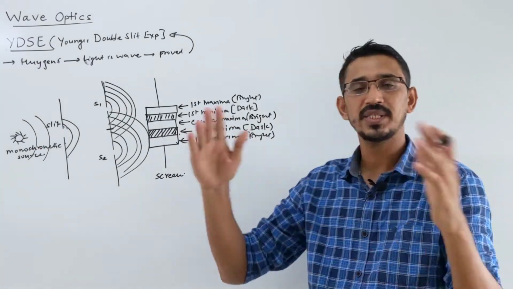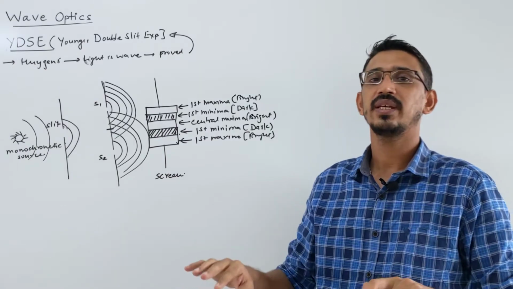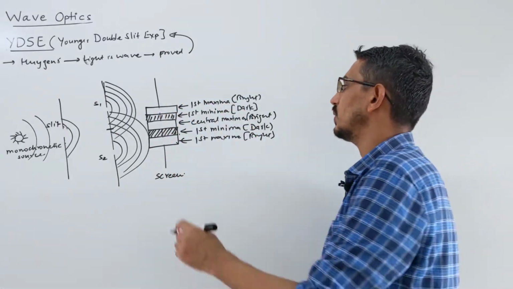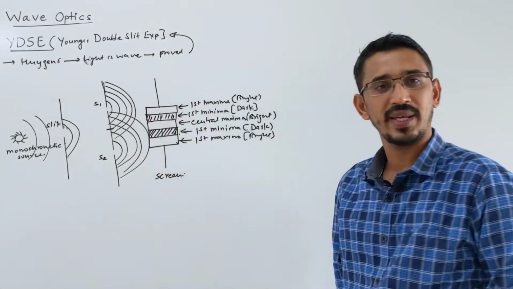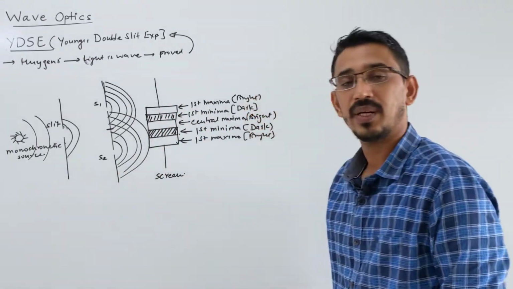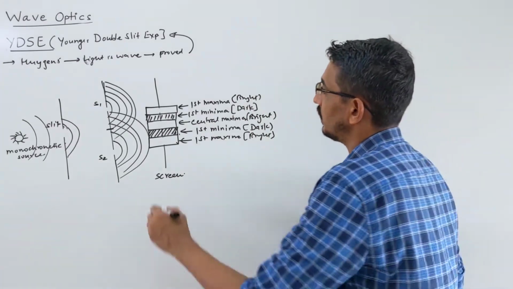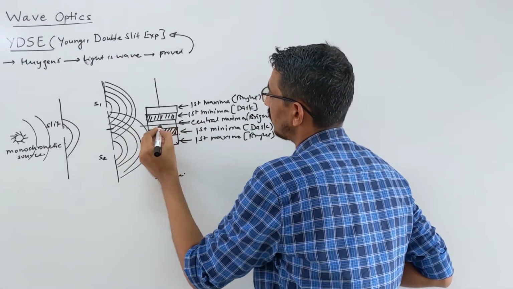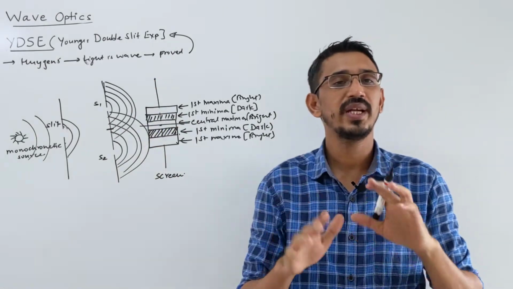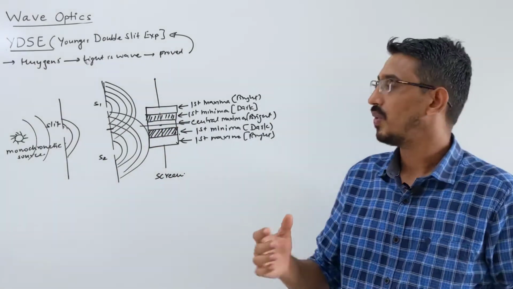Then on either side of this there will be dark fringes, then again next to them bright fringes. So it goes on. A large number of fringes will be obtained like this. Mainly we are interested here in this: suppose we take the reference of the central fringe from this point, and some point is given here, then you want to know whether that will be a dark fringe or a bright fringe.